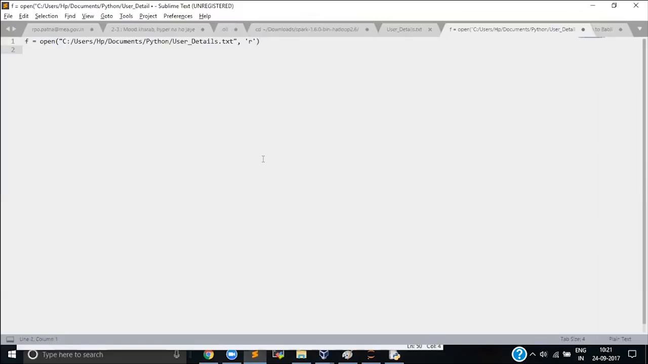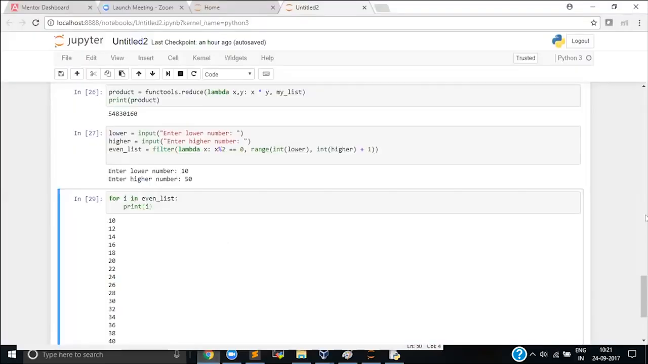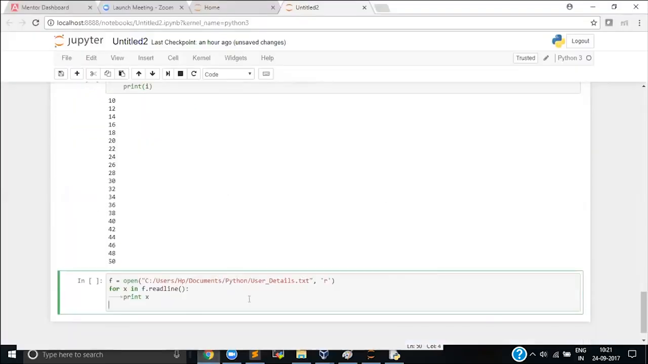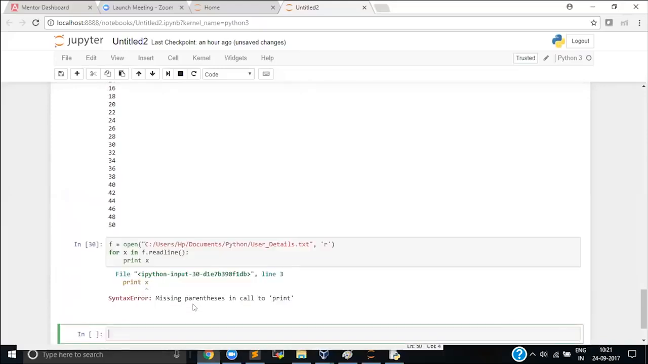So suppose you want to display the content of the file. You can say for x in f.readLine, I want to print x. So that's it. Let me try to run this on the Jupyter notebook. Yeah, so if you try to run this here,